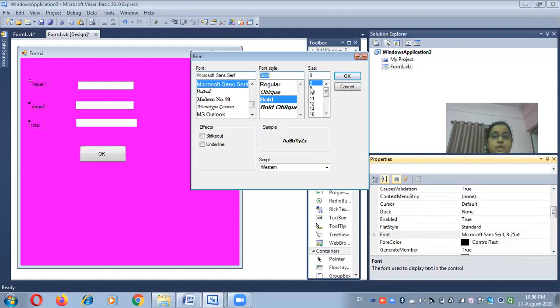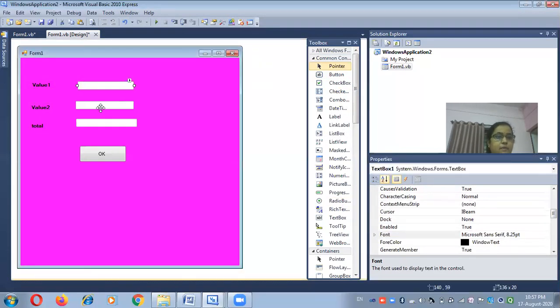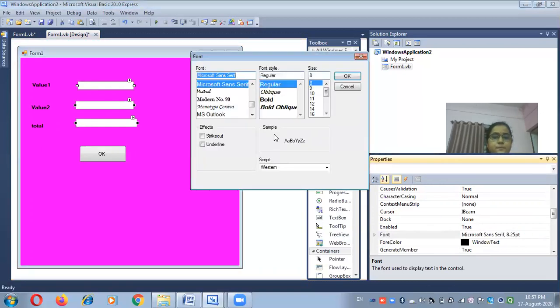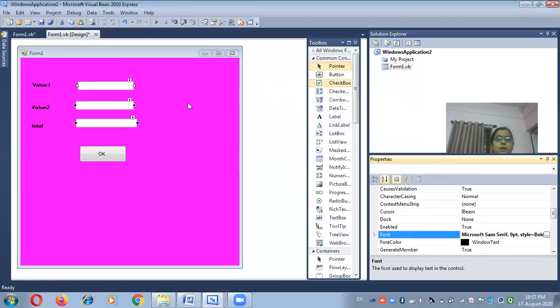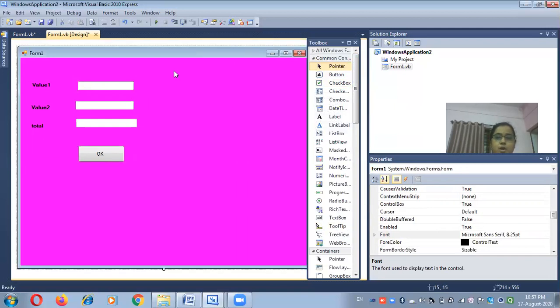If you want to change the size, you can change it and click OK. Here on the screen you can see the changes will be applied. In a similar way you can select the control and change the property, bold, 9, and OK. If you want to change the back color of this button, you can also change the back color of the button. Now here the designing portion and coding portion is over.